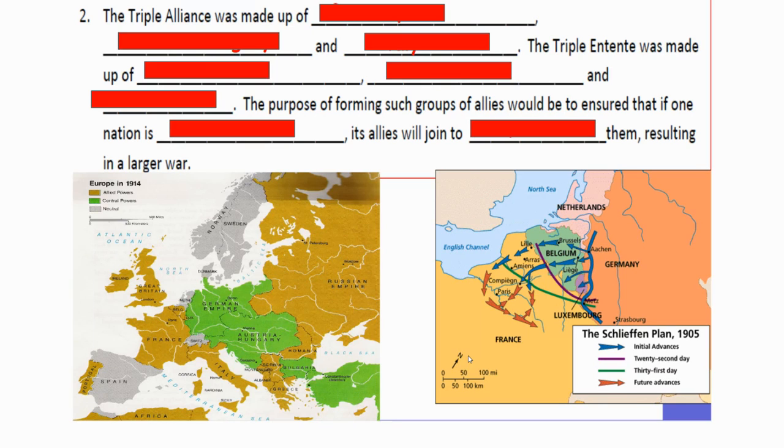When we talk about alliances leading into World War One, Europe really had two major alliances. These alliances, for the most part, stay relatively the same, with the exception of a few players moving back and forth. Originally, you had the Triple Alliance, made up of Germany, Austria-Hungary, and Italy. Italy, when the war breaks out, drops out of the Triple Alliance and aligns itself with what we would call the Allies.